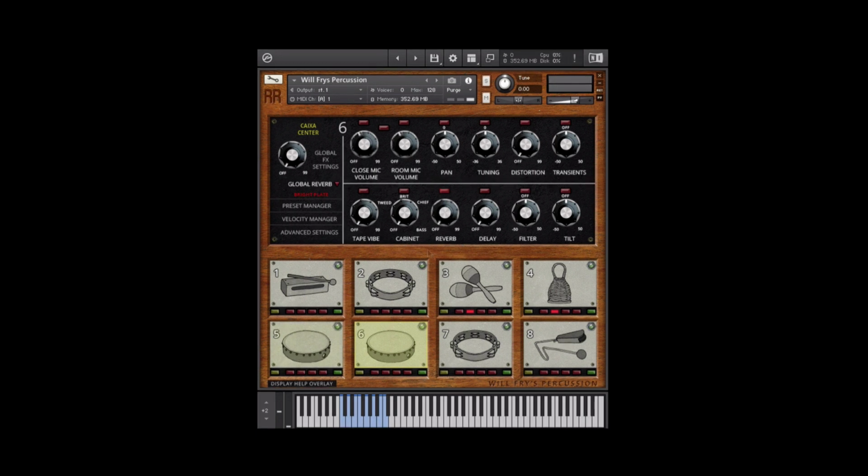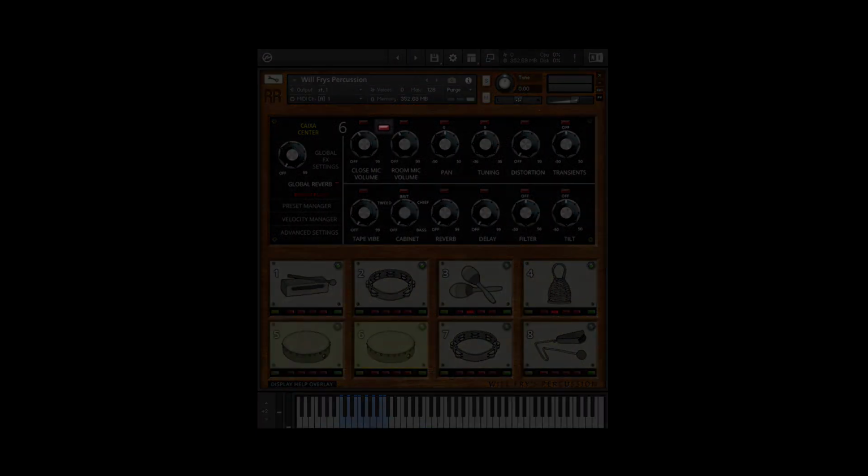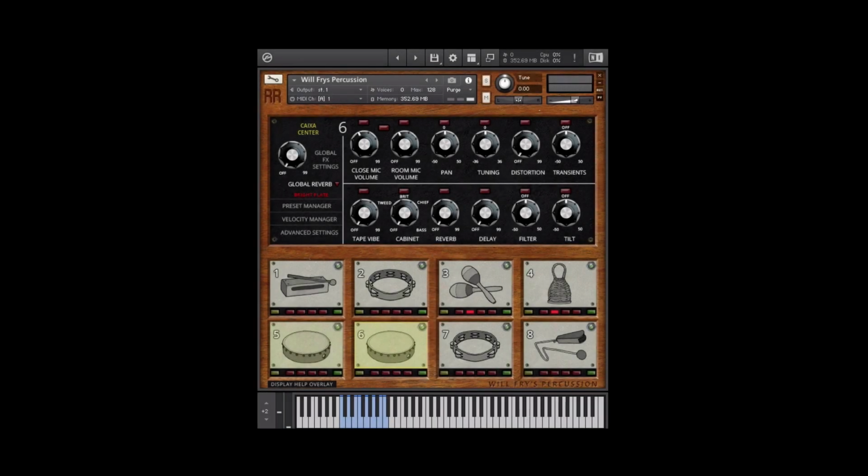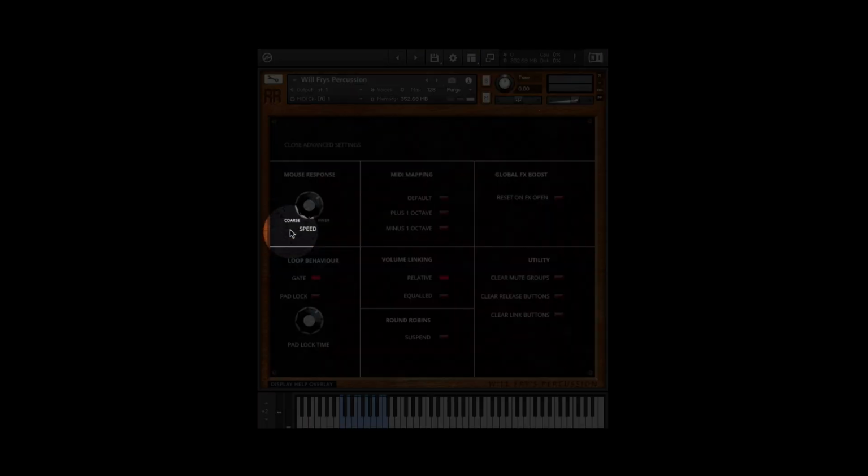There is also a link button for the close mic volume and room mic volume controls. This is found in between the two dials. This can be set either to relative or equaled. Relative means the parameters will move to the same amount, but in their current position. Equaled will snap the two parameters to be in the same position. For example,